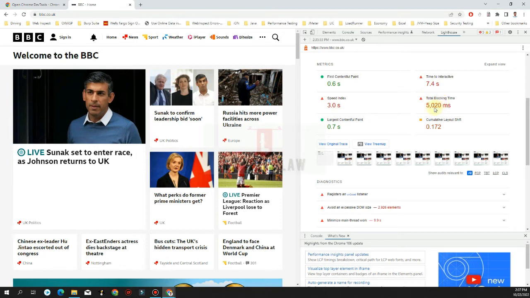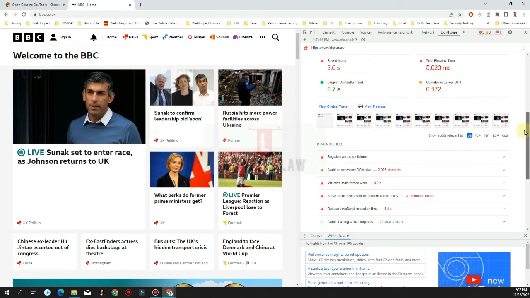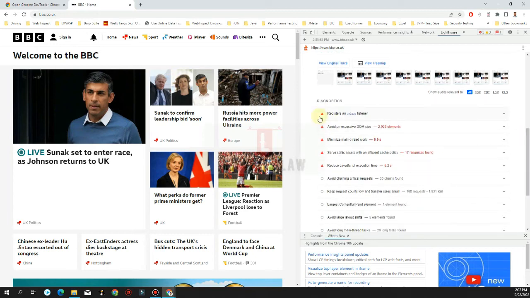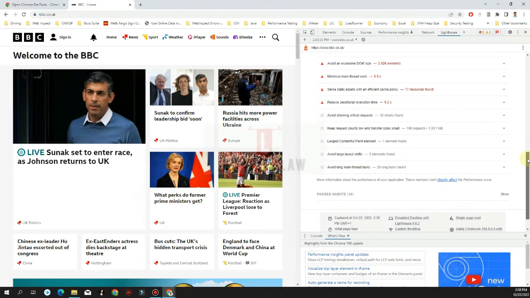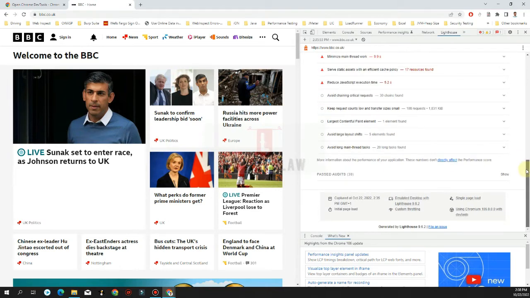and the total blocking time is 5000 milliseconds, which is almost 5 seconds, and the largest contentful paint is 0.7 seconds, and the cumulative layout shift is 0.172. So these are the various metrics which have to be fixed, and then we can see the various diagnostics as well. So we'll see in a separate video what all the metrics are and how to improve them. And then we have various other options to use with